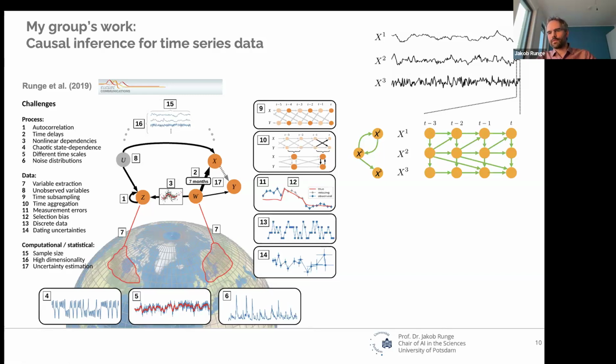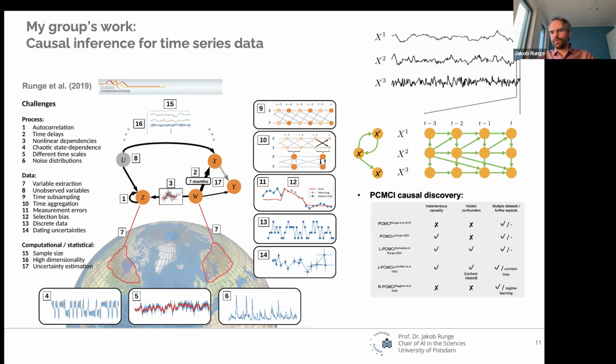And we had some work of projecting stationary infinite graphs to finite graphs that is currently in the archive. I didn't put the reference here. And another way to represent these systems is in such process graphs, also sometimes called summary graphs, where for example we would have a cycle in this case, where the time series graph does not have a cycle because the cyclic relations are resolved in time. So this is the object that I looked at mostly.